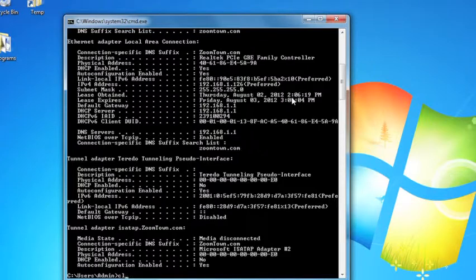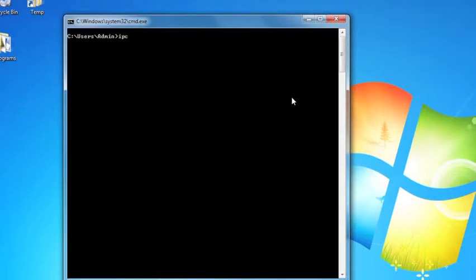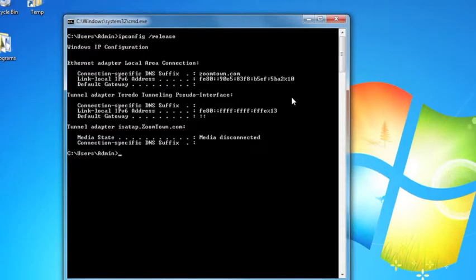So I'm going to clear the screen again. And if I do ipconfig /release, it will release my address. Notice that I have absolutely no address at this point within my configuration settings. Then, if I do